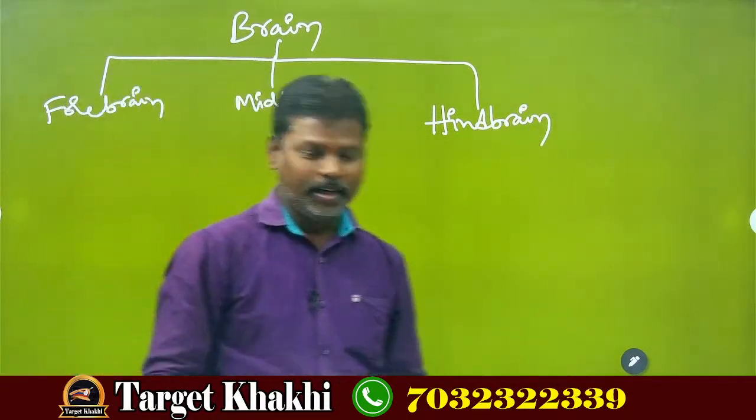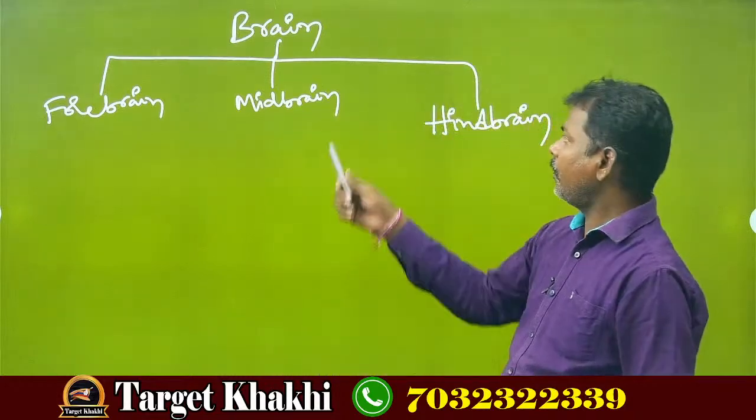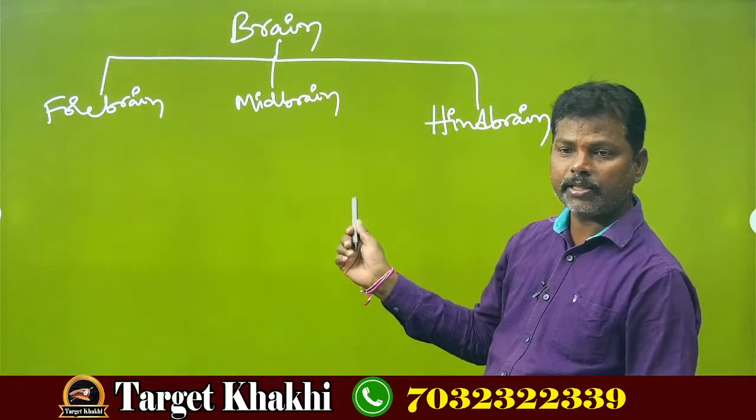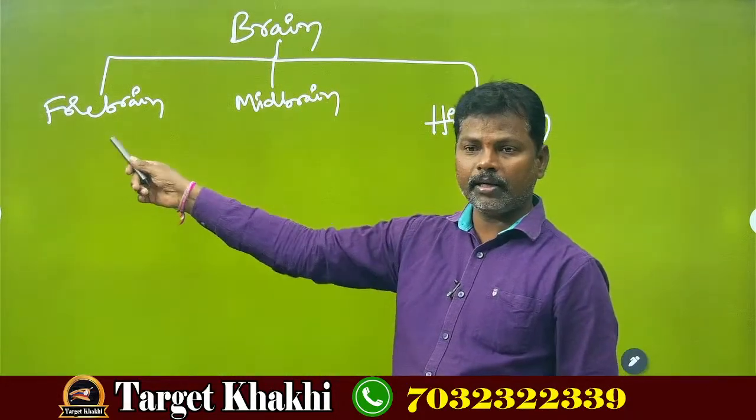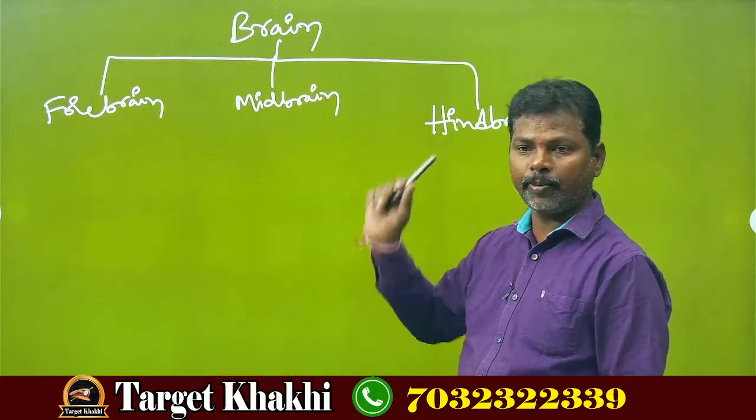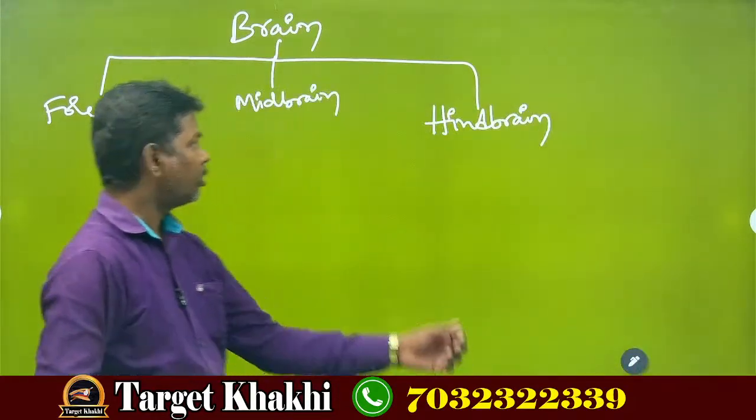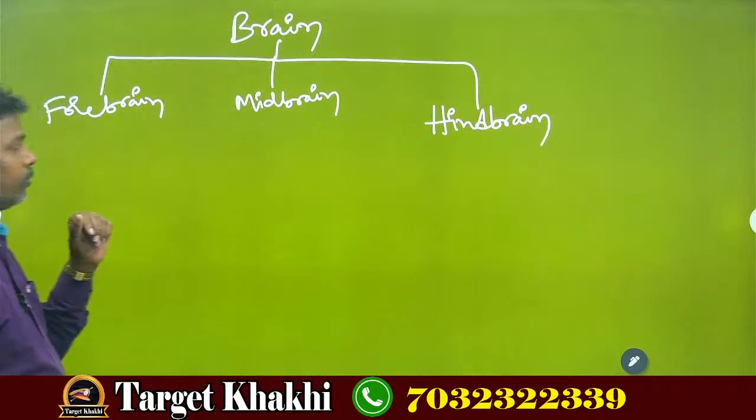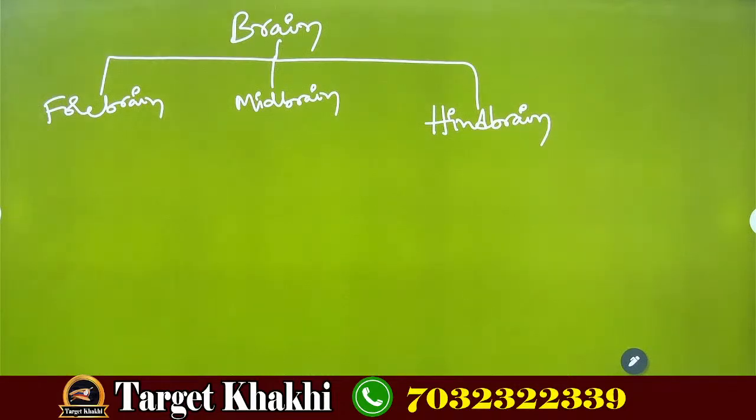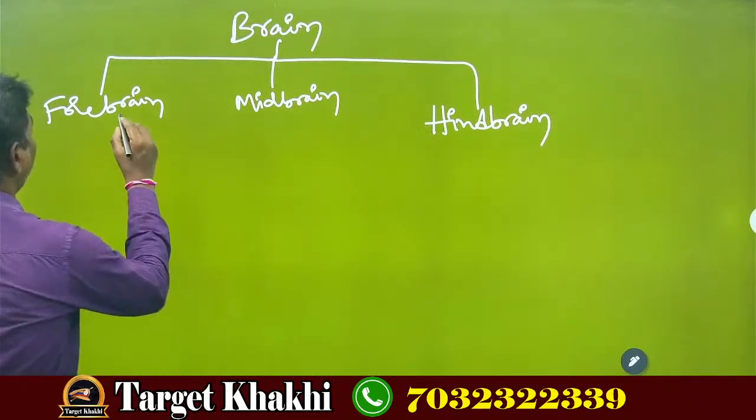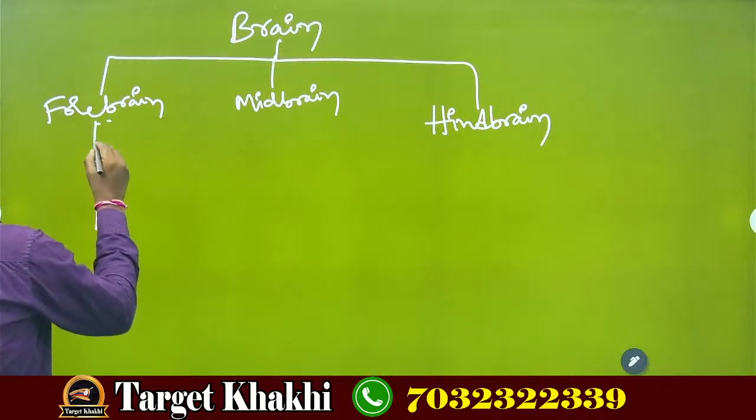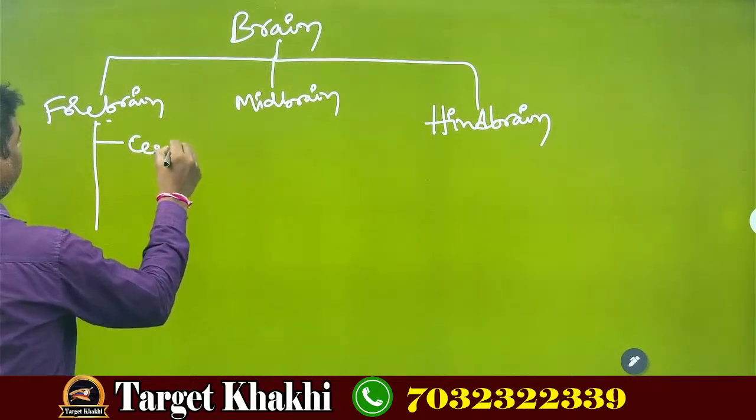Okay children, our human brain is divided into three parts. They are forebrain, midbrain, hindbrain. Okay, so let us see now. Forebrain again divided into cerebrum, the largest